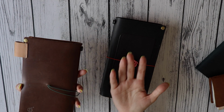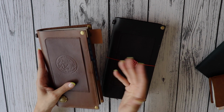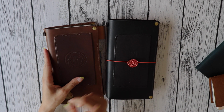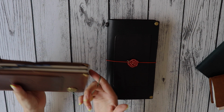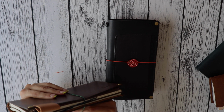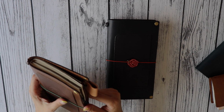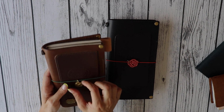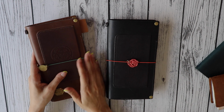It may sound weird, but you kind of develop a relationship with your notebook. And yeah, if there's a fire, I will run for these 3. The Rotterfallen that I showed in the previous video, and these 2. So this is the brown one. I've been thinking about naming them. I'm not too much into naming my notebooks, but these ones, they're with me for the long run, so I may eventually give them a name. So this is the brown one,